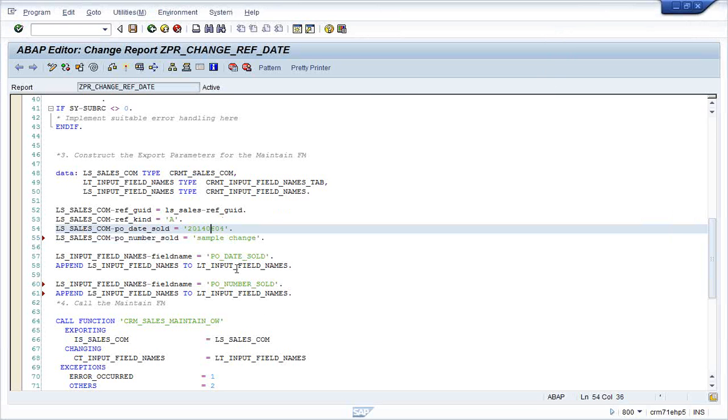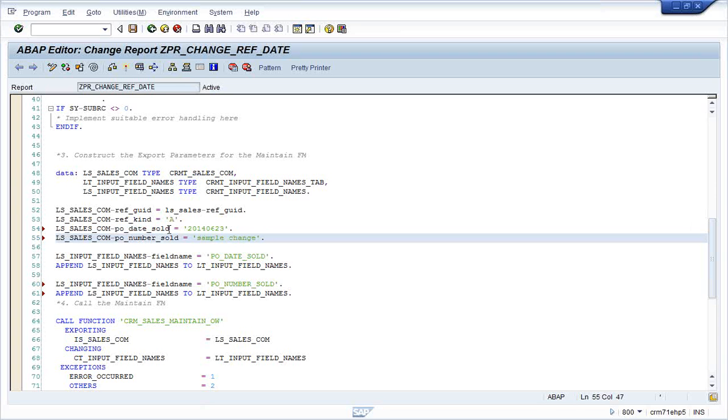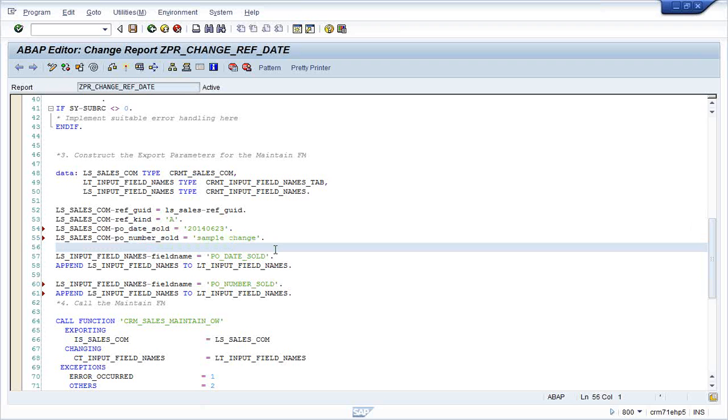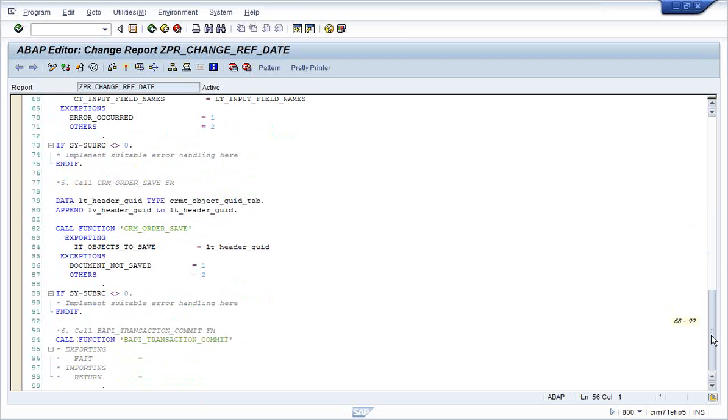And the date I am giving as June, tomorrow's date, 23. I'm adding two values, number sold and date sold, two fields I'm changing here. So what that name is, you'll understand very shortly.